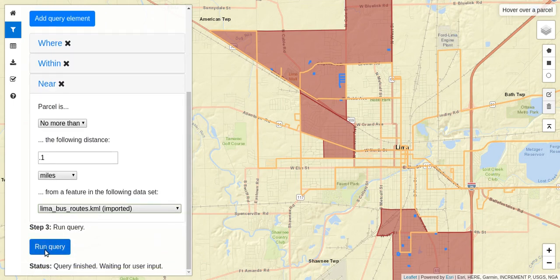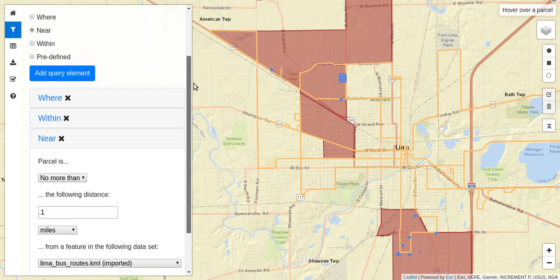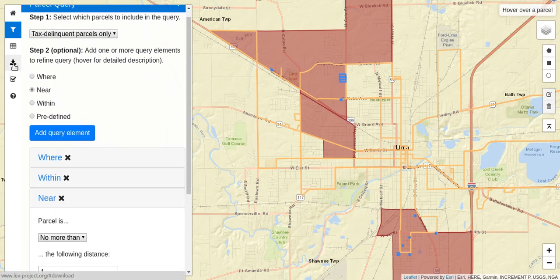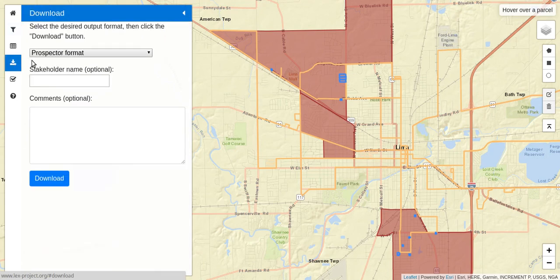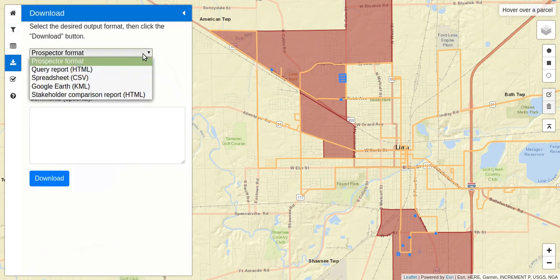And I'll run this final revised query. And you can see all of the parcels that are returned now are in close proximity to the bus route. Now that I've completed my query, I'll click on the Download tab and select a download format. So I'm going to choose the HTML query report,